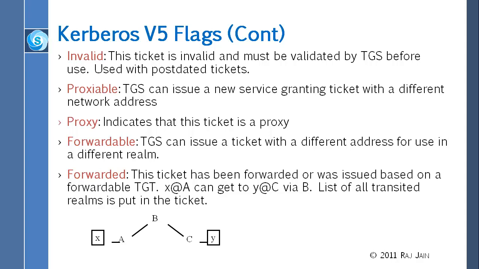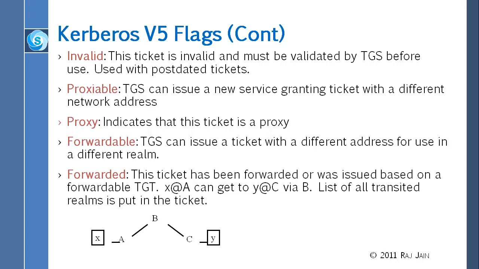So anyway, this ticket is proxyable. This can be proxied with a different network address. So the network address is not fixed, and proxyable is the one that is set by the authentication server. So the authentication server tells TGS that, okay, you can issue a ticket which is proxyable, and then when it issues a ticket which is proxyable, the TGS sets this, which is proxy. Forwardable, that this can be forwarded, and then if it is forwarded, then it is the forwarded ticket flag. So there are two flags each: proxyable and proxy, forwardable and forwarded, and may post-date and post-dated. So those are like, okay.